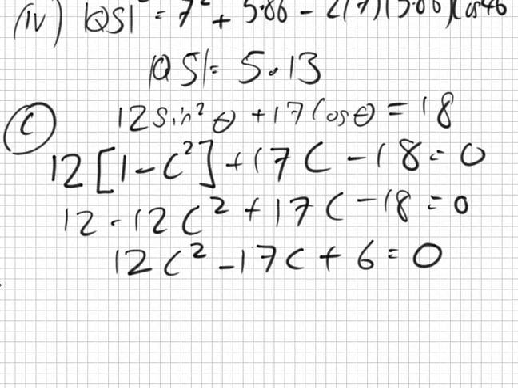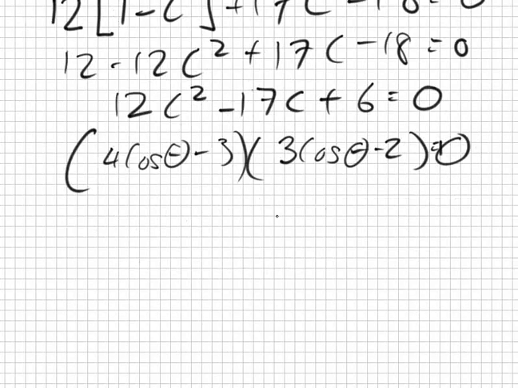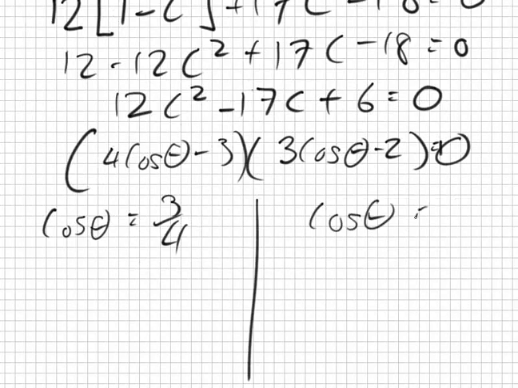So if we factorize this, we get 4 cos theta minus 3, and then 3 cos theta minus 2 equals 0. This gives us two answers to consider. The first one, cos theta equals 3 over 4, and the second one, cos theta equals 2 over 3. So, cos inverse 3 over 4,